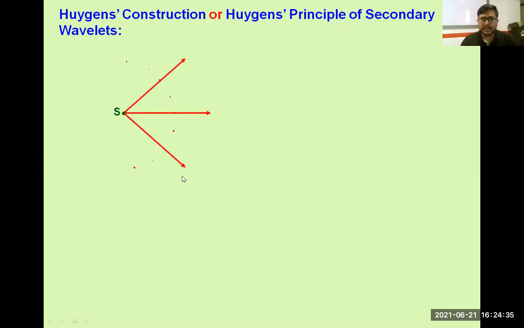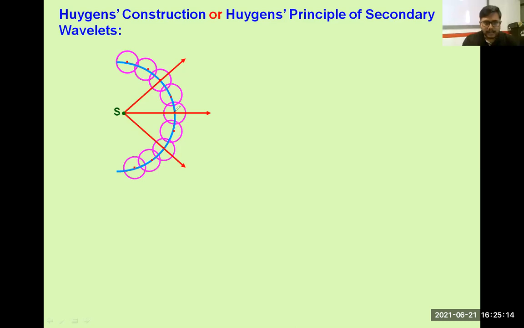So we know that this point source will produce rays of light. Along this, I have shown here 3 rays like this from every direction. You can say a ray of light is coming from the source. So this dotted point you can see, these red points or dots are called your secondary wavelets or secondary sources. So from here also a wave is emitted, a wave is coming from this source also.